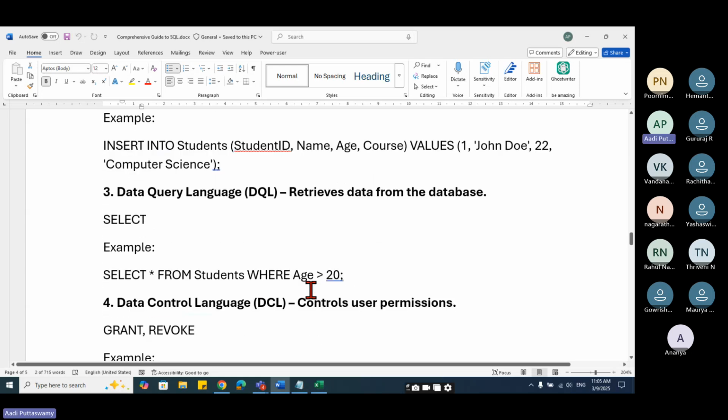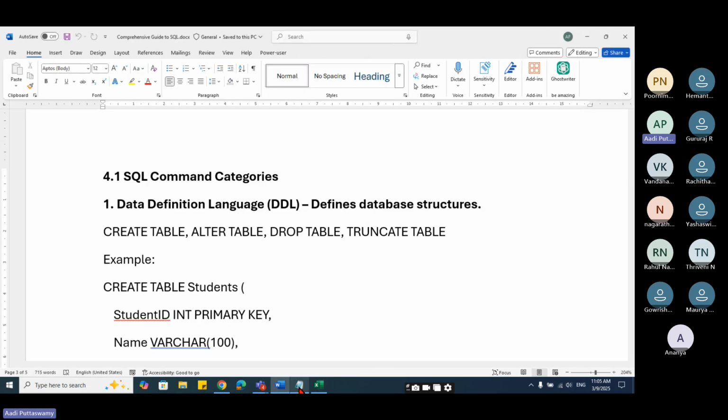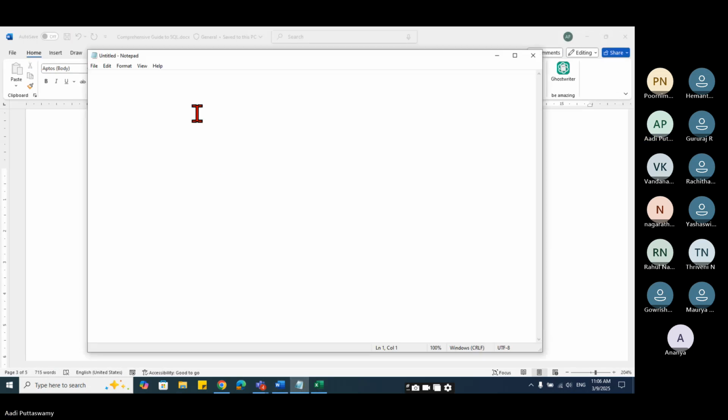I think I missed some part. Okay, it's here. Okay, coming to this. I was talking about SQL and I told you there are different languages in that. Let me just go here. We'll take this notepad, okay? SQL is a language. In that, we have various different languages. The main things we need are